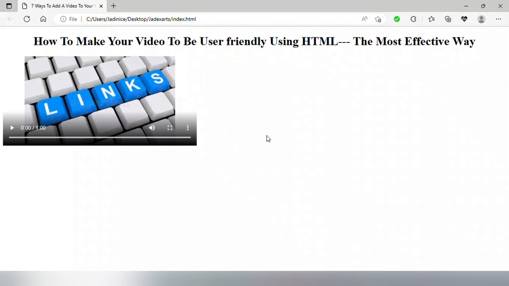It's what makes the client know already how to play the video, how to make use of the video, how to even download the video in your website. So these are the things that make a video user friendly, and I'm going to show you the source code in which you can make your own video user friendly, and we are going to use HTML. So open your text editor and we will begin coding.